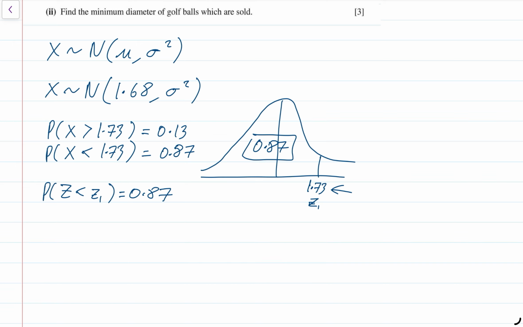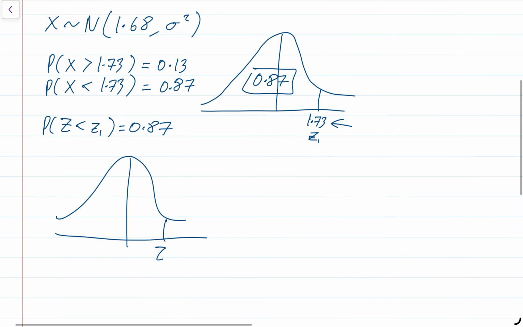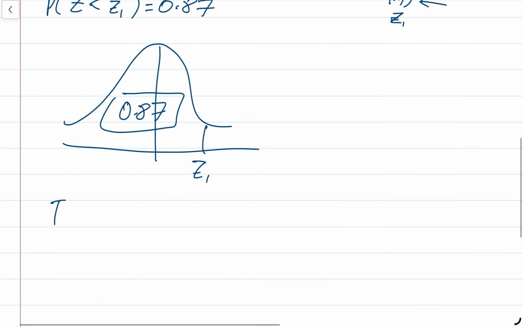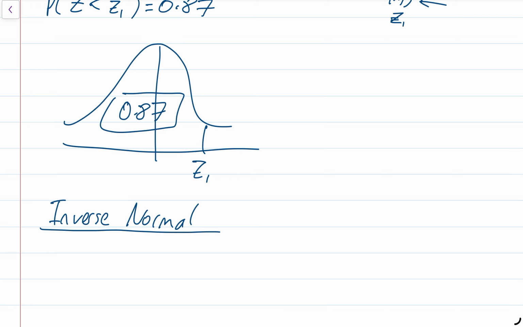Okay, how do we find the Z value then? Let me draw that diagram again, just so we can really focus on what we're doing. I want to find Z1 such that this area is 0.87. On your ClassWiz calculator, you go to inverse normal. Find the inverse normal function, and the first thing that comes up is the area, and the area has to be from the left up to a point, so that's why we had to do it in the less than form. So the area is